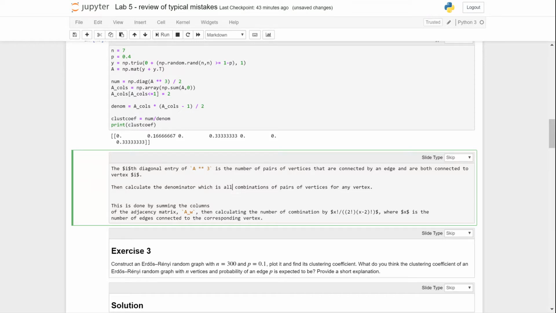What is meant here is that the denominator is the number of all combinations of pairs of vertices for any vertex. But it's still wrong, because what is claimed here is that we have a set of pairs of vertices, and all combinations, if you understand it literally, is the set of all subsets of the set of pairs of vertices. So it doesn't really make much sense, right? What is actually meant is the number of all pairs of vertices for any vertex. But how are these vertices related to this vertex? It's not explained. So what is probably meant here is to calculate the denominator, which is the number of all pairs of vertices